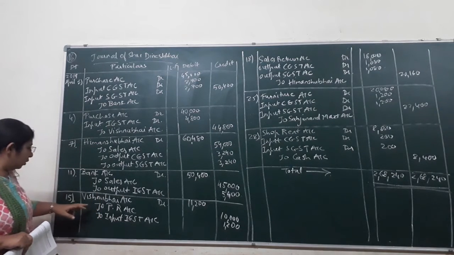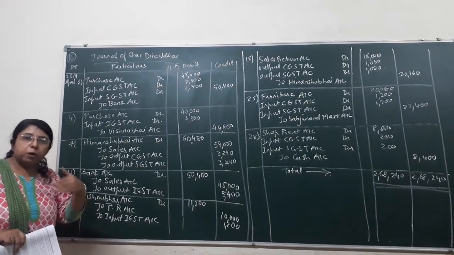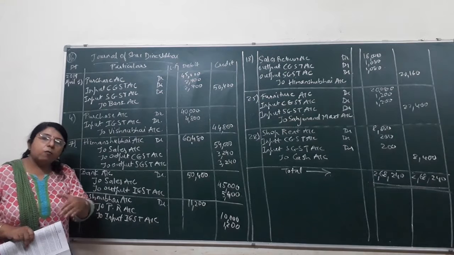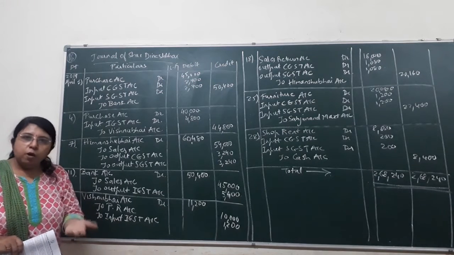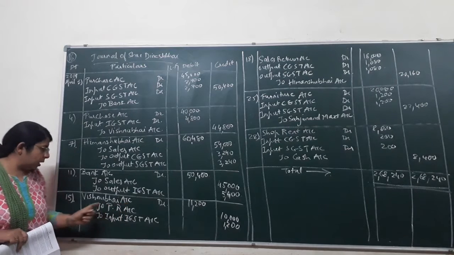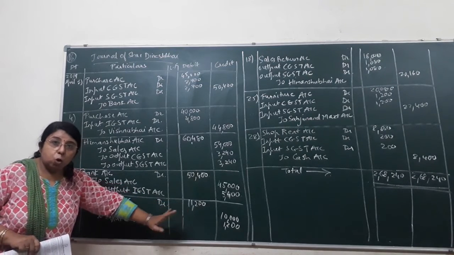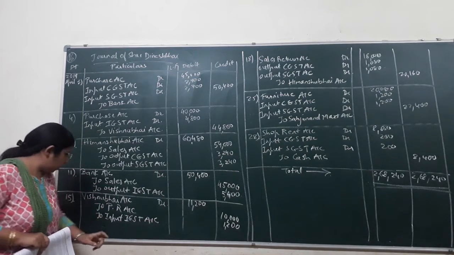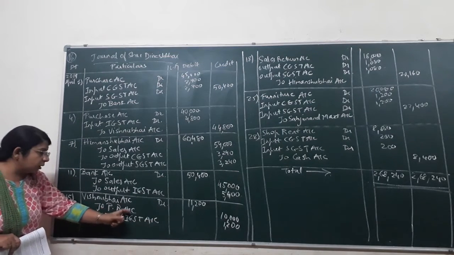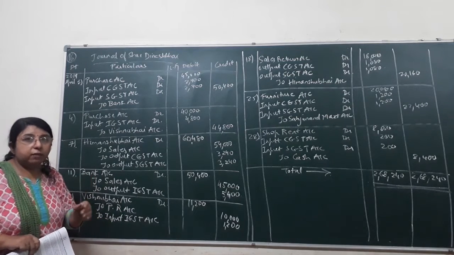Okay. So here you can see Vishnubai now will be the receiver of the goods, because previously we had purchased the goods from Vishnubai. Now we are returning those goods back to Vishnubai. So debit the receiver as per the rule of personal account. So Vishnubai's account debit. Don't write the amount over here, because the total will come including tax. To purchase return account credit. Now how much worth of goods have we returned back? That is 10,000.